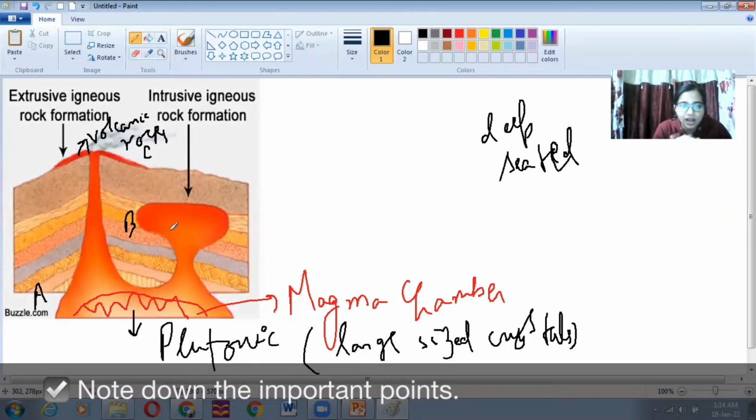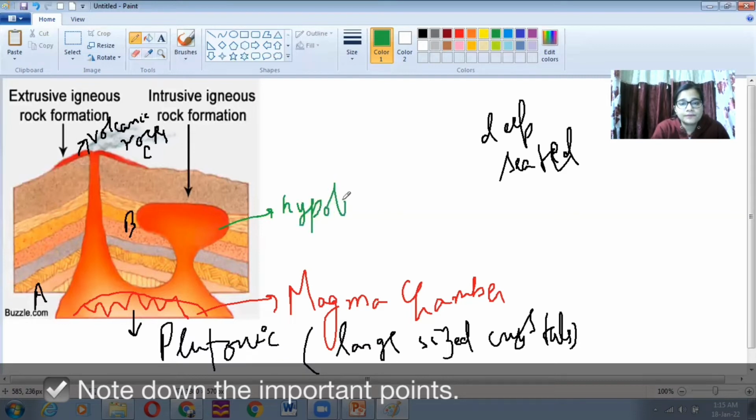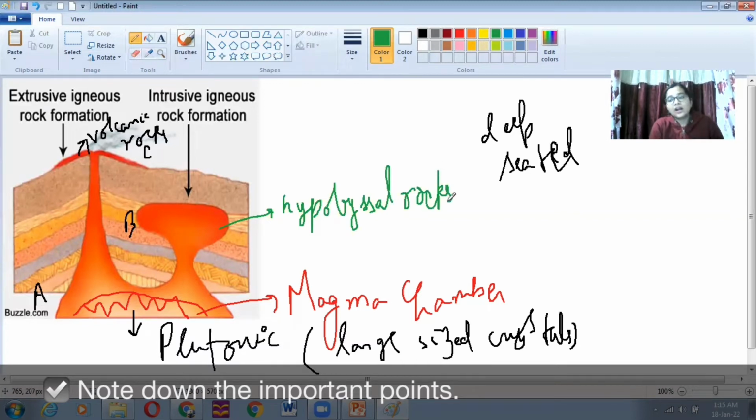B is at an intermediate point in comparison to A and C, जहां पे मैं बोल सकती हूँ कि B में जो भी मैग्मा जम रहा है वो भीतर ही जम रहा है, लेकिन क्रैक्स, दरारों में जम रहा है। So this type of rocks, intrusive igneous rocks, which are formed at intermediate depth, we call them hypobasal rock. हाइपोबिसल रॉक।